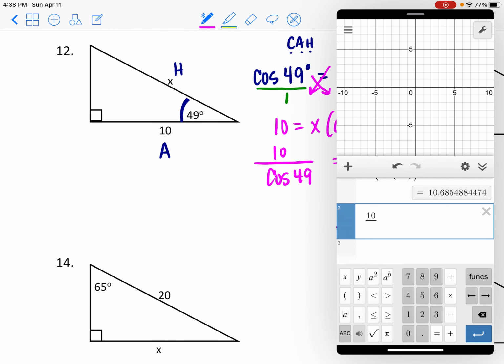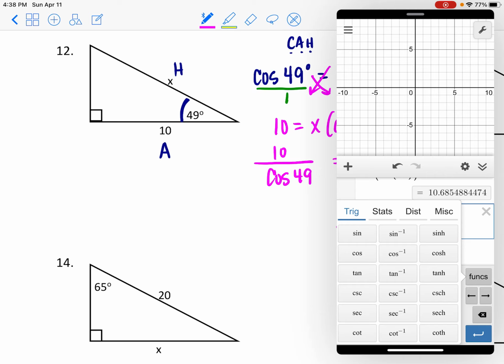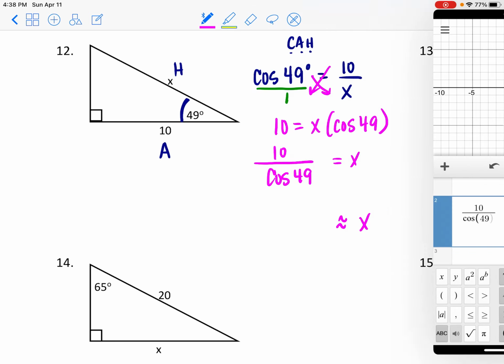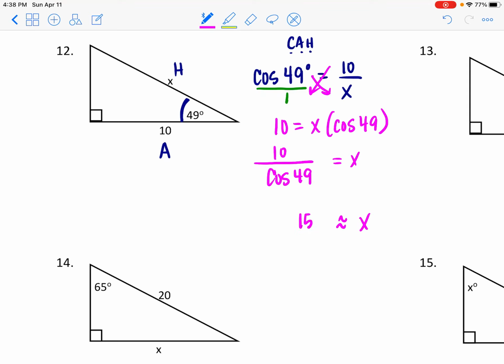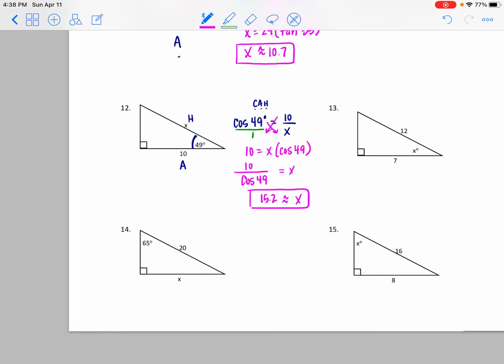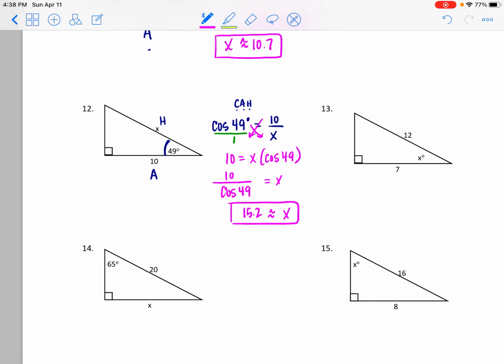It's a calculator. 10 divided by, let's go into functions and put in the cosine of 49. And we get about 15.2. And I knew it was going to be longer than 10 since it was the longest side of my triangle. That seems reasonable enough. Okay? Not so bad. And let's try another one here. So in this third